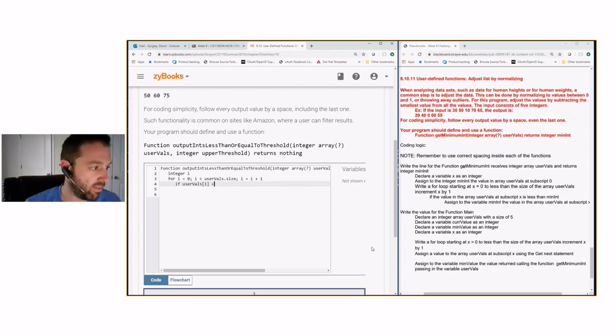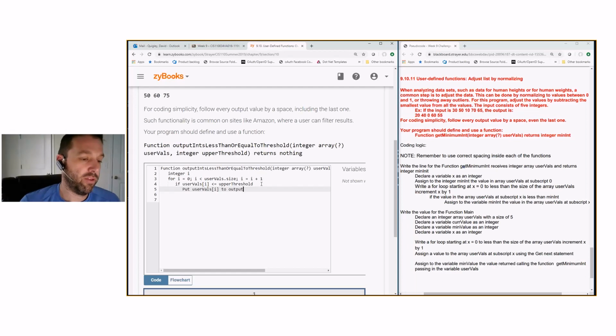If it's less than or equal to the upper threshold, and remember that's a variable that is declared up here, integer upperThreshold. So that's why we don't have to declare it, because it's declared in our function statement up at the top. So if this item in the array is less than or equal to the upper threshold, we're going to put userVals